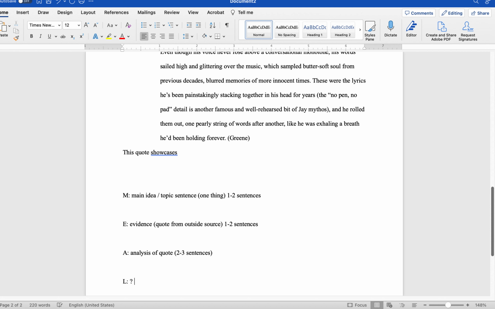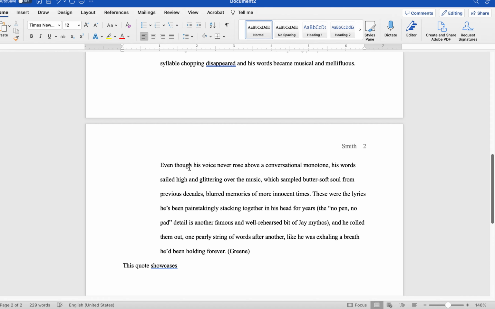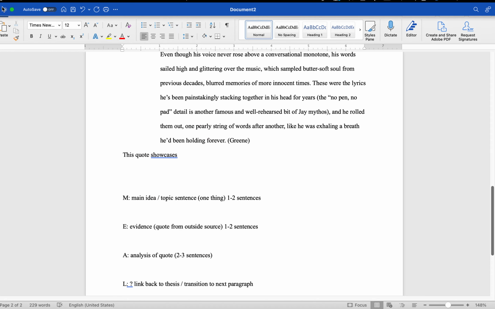This is optional, but you can link back to the thesis, tie it together, or transition to the next paragraph. Really though, if you have 1 to 2 sentences, 1 to 2 sentences, 4, 5, 6, 7, think of your paragraph being 7 to 10 sentences. And that'll be about half a page, maybe a little more, throughout your paper.